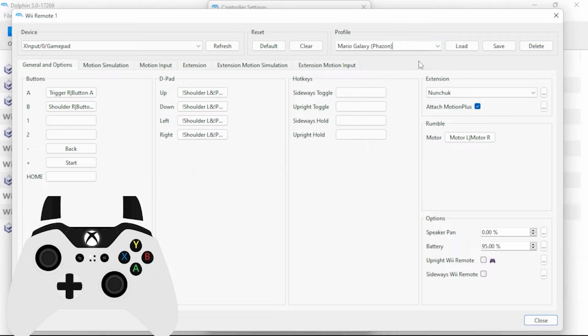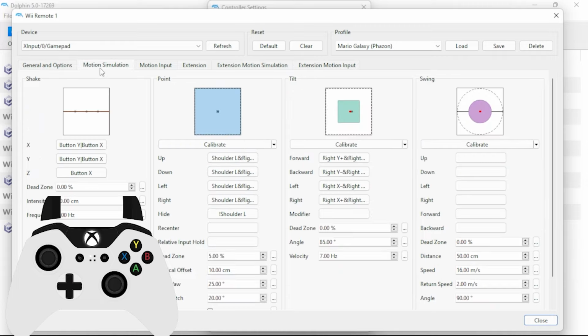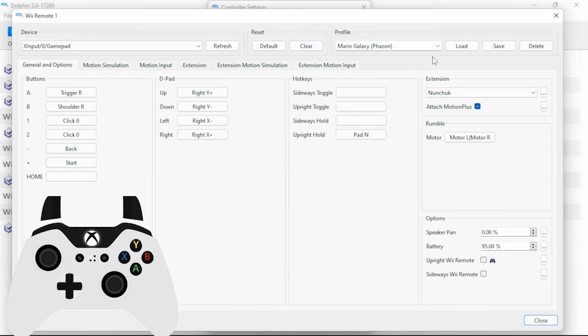because you're going to have to pick one input for a lot of these multi-inputs or complex inputs. And so if I load the Phazon one, as you can see, it changes a bunch of stuff. A and B are no longer double bound. D-pad controls are not as complex, but that's what I have Phazon changing the prompts to. And so as you can see, this was changed. And so you don't want to use the Phazon profile when you actually boot up the game. You want to use the Galaxy Duology, or whatever you're going to call it, profile